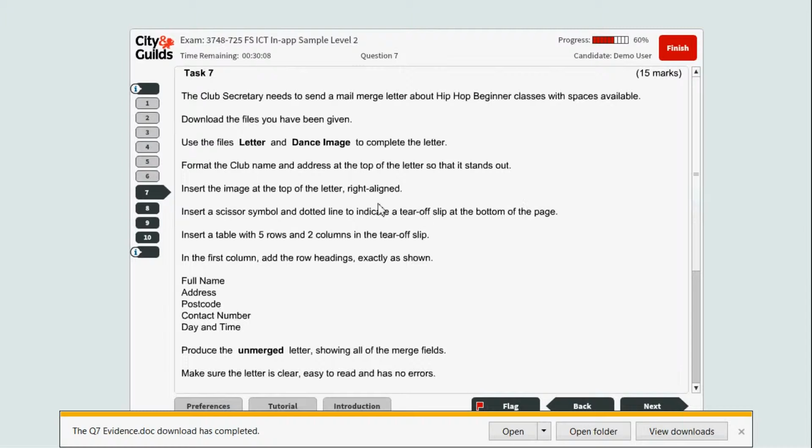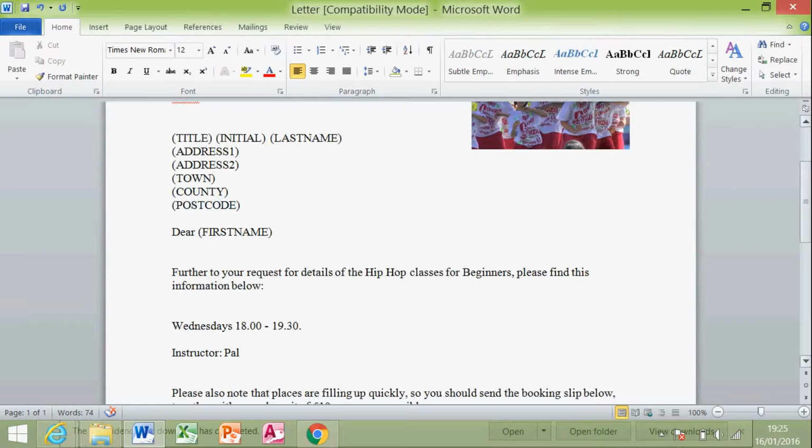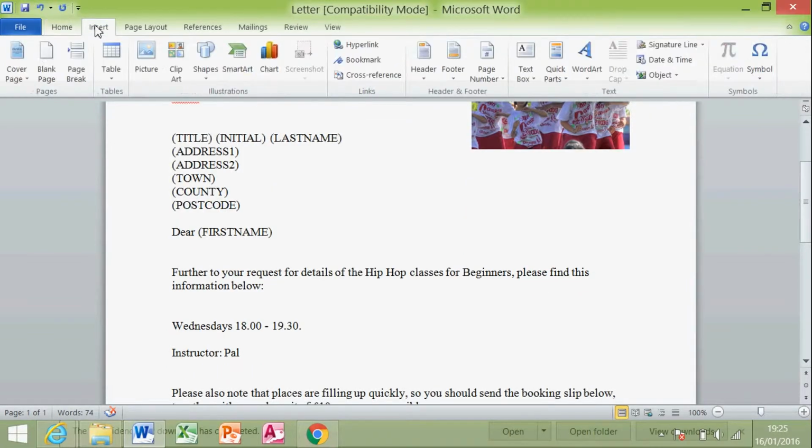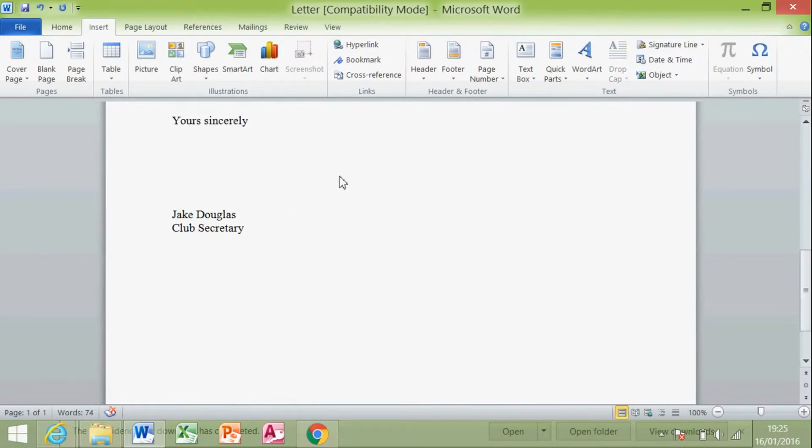So in these tests they're going to try and find something that you haven't done before. They're hoping that you've never done this insert a scissors symbol, and they're seeing whether you can solve the problem as much as whether you know things in Microsoft Word. I've seen this problem solved in various different ways. I've seen people insert clip art and find scissors there and do that, which works nicely. I'm going to do